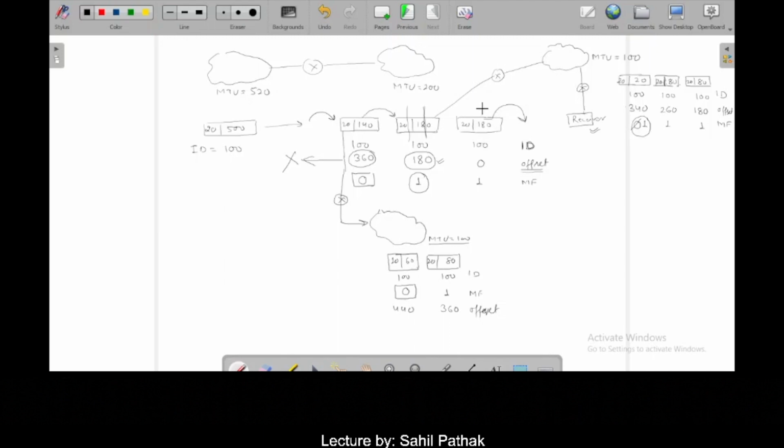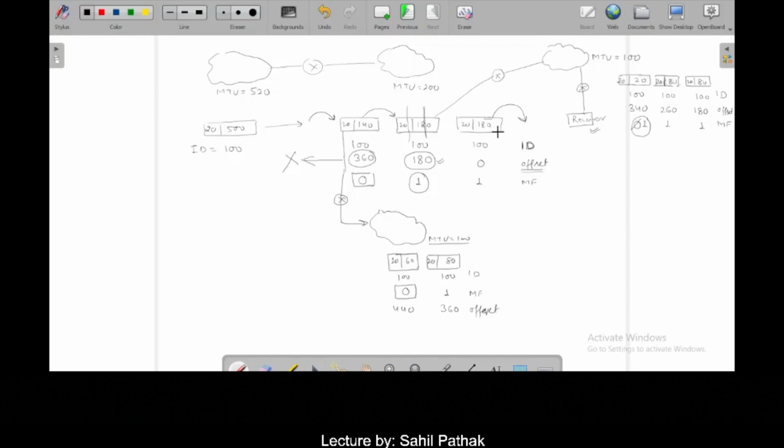So fragment में कितना data byte है ये कैसे calculate करेंगे? That is a question. Now I can see here that directly it is 180, it is 180, it is 140. So I can directly see here. But how the router is going to do, how the router will calculate the data bytes in a fragment,